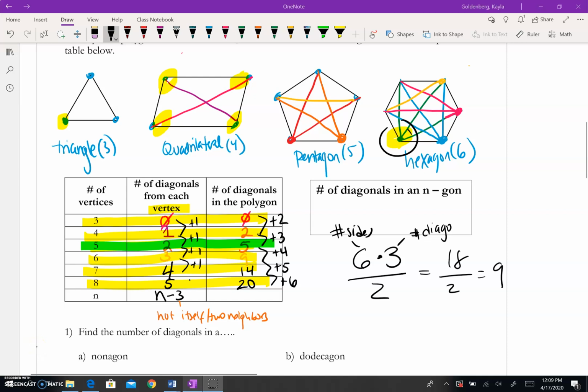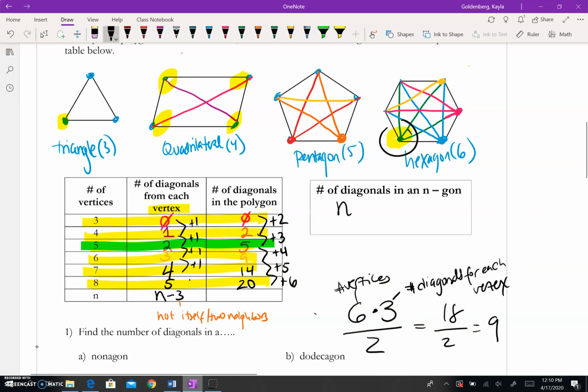Okay, so we've got the number of sides times the number of diagonals for each vertex. And I'm going to switch that. I know I said number of sides, I'd rather say number of vertices, right? Because that's kind of following the table better. So if we take how many vertices there are for each of our polygons, and do the number of vertices times how many diagonals from each vertex, and then divide that by 2, we should get the total diagonals. So your overall formula, I'm just going to scooch this down a little bit,